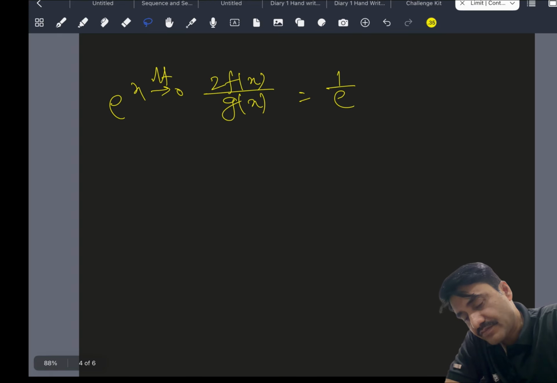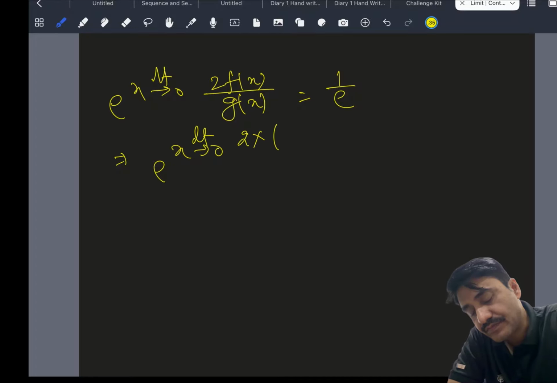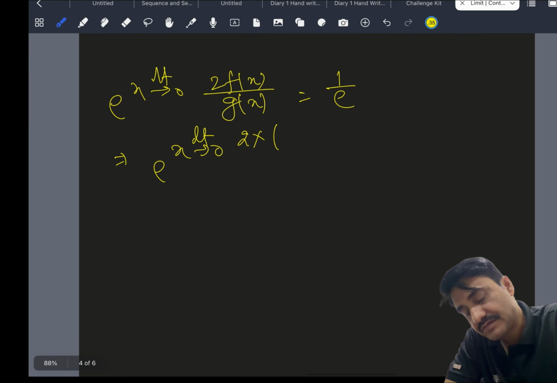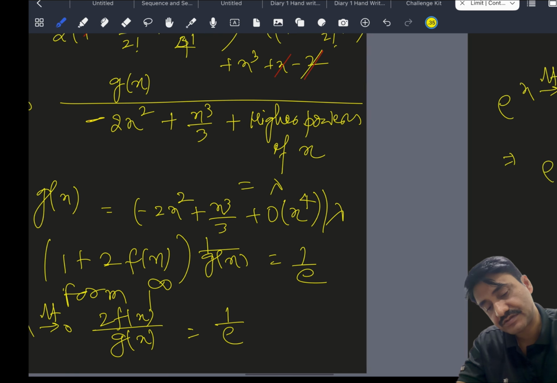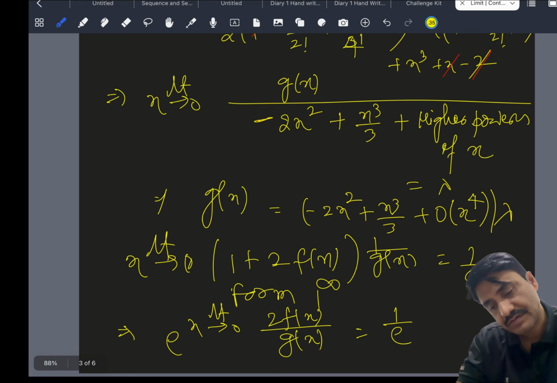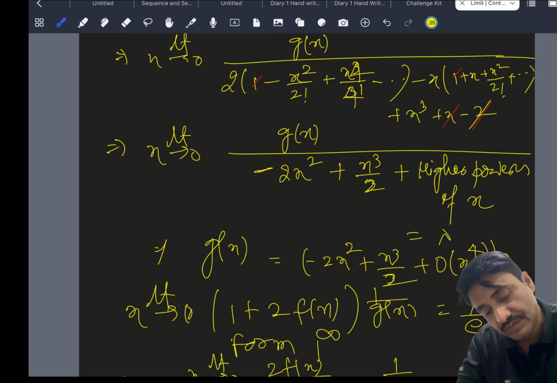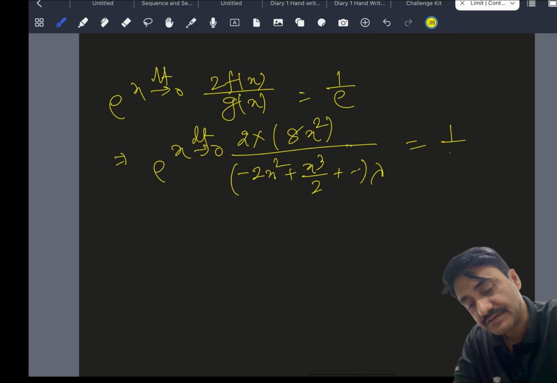अब यहाँ पे हम f(x) और g(x) का वैल्यू रख देंगे. e raised to x tends to 0 limit 2 into minus here what is given f(x) 8x square divided by what is this, g(x) was this minus 2x square plus x cube by 2, it is not 3 it was 2, plus dot dot into lambda and this is equal to 1 by